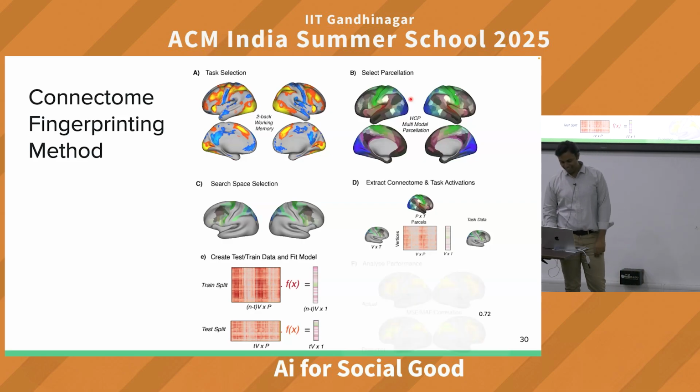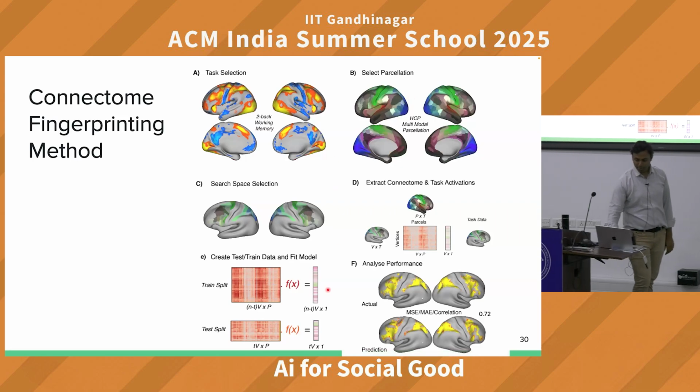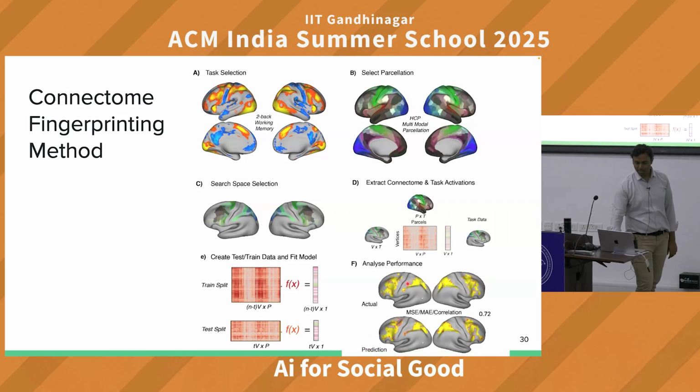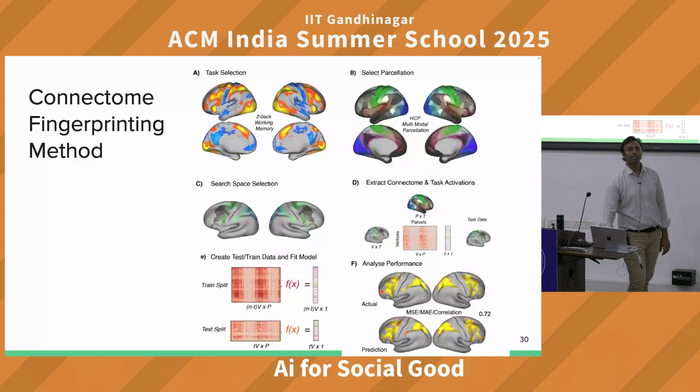ठीक. So then we make these predictions and see how these predictions are associated with actual data. तो हमने actual data भी collect किया, predict भी किया, और फिर उसे देखते हैं कि कितना अच्छा correlation. Again, इसमें it's very important to leave the subject out. What we call as, you do not put the same subject in training and testing.